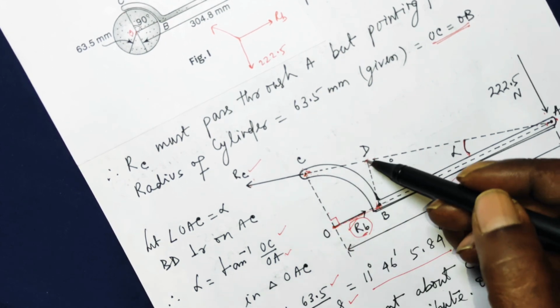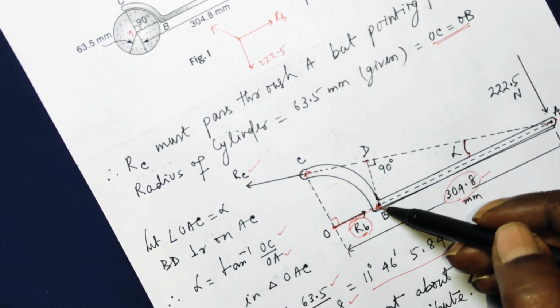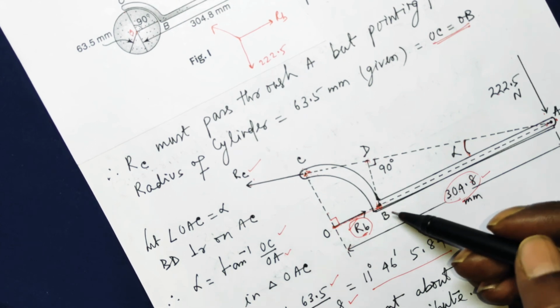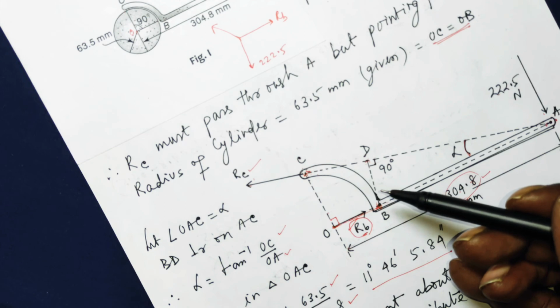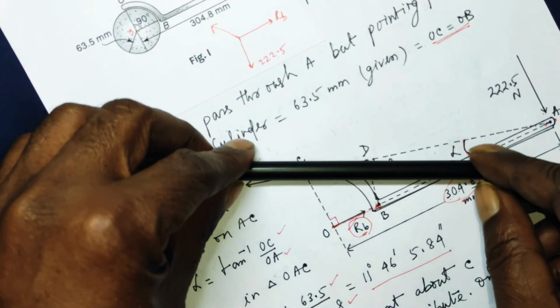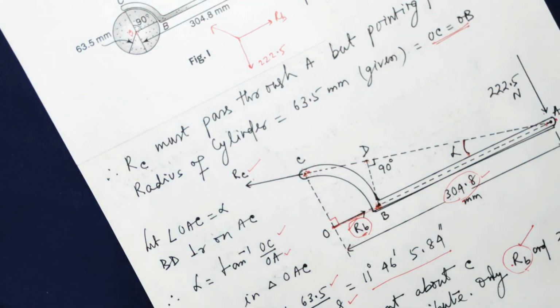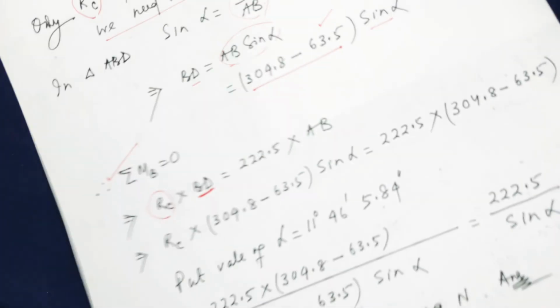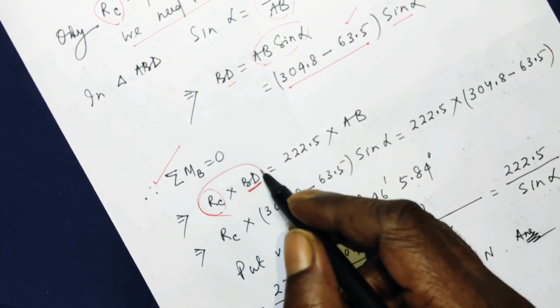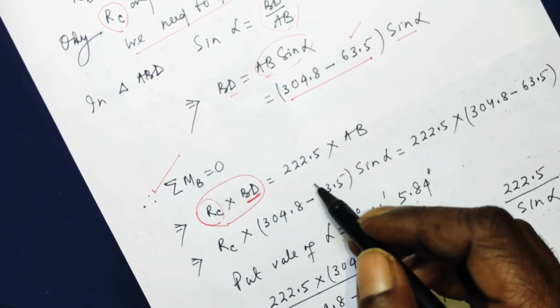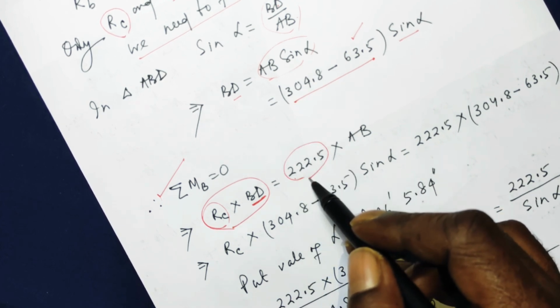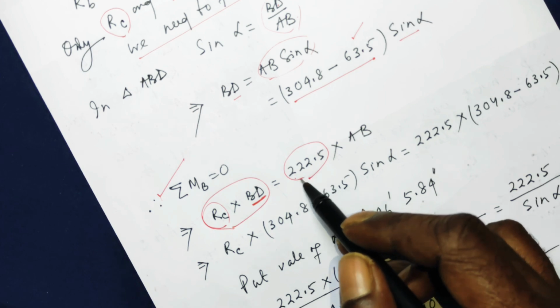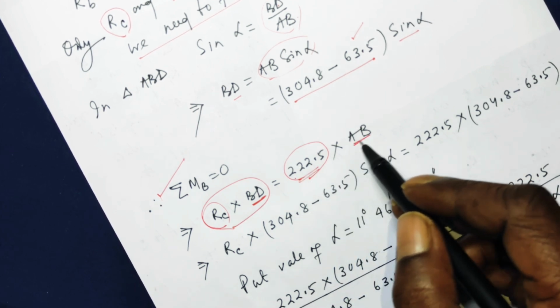So RC times BD is a turning effect about point B. And what will be that? That will be anticlockwise, like this. So that is what I have written. So this is anticlockwise, that must be balanced by a clockwise moment, that is the turning effect of this force about point B, and this force has a perpendicular distance AB